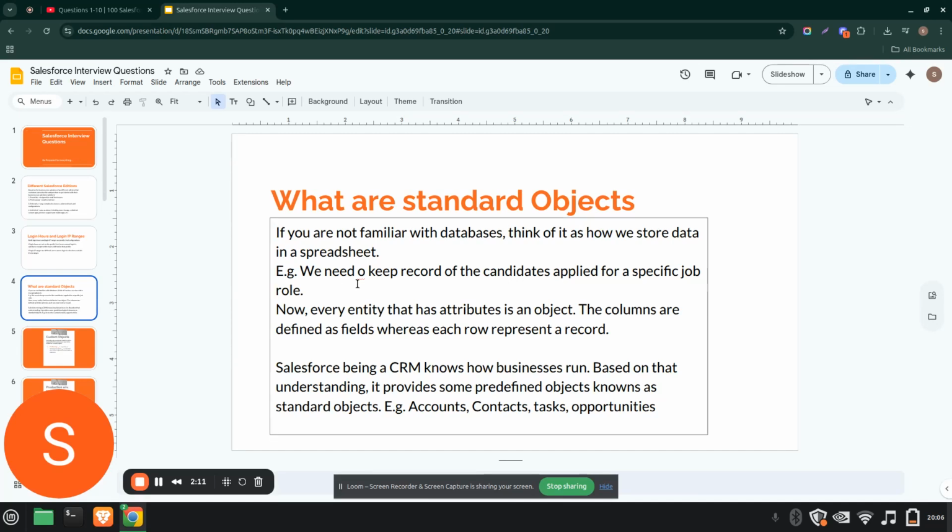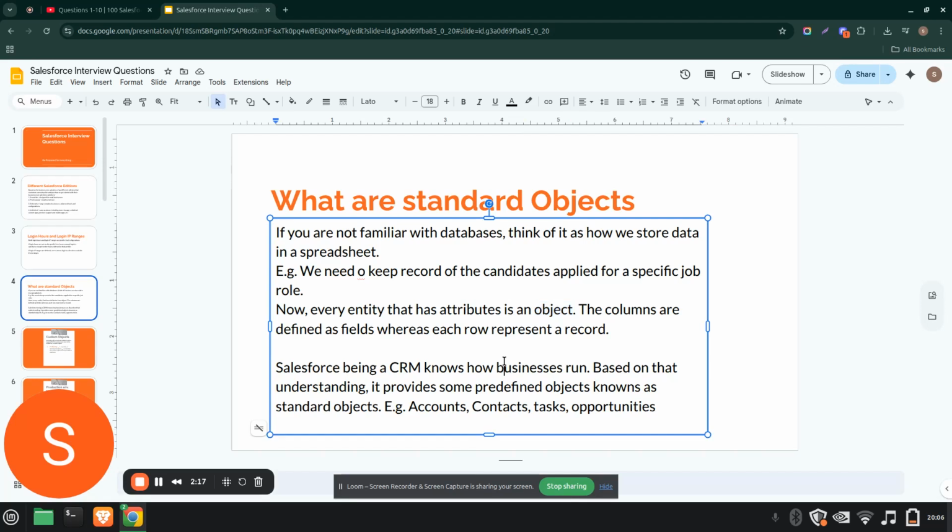Every entity that has attributes is called an object. Here, candidate is an object, and all the columns, for example name, age, qualification, certifications or skills, are nothing but the fields of the object, and each row represents a record.